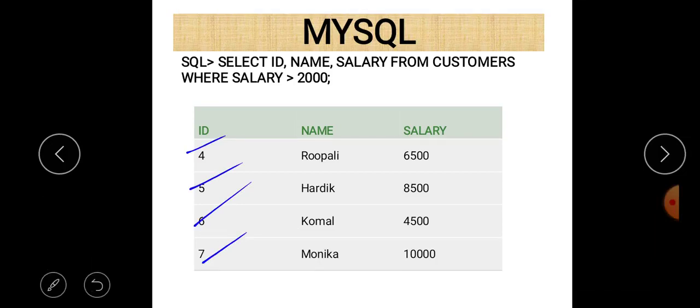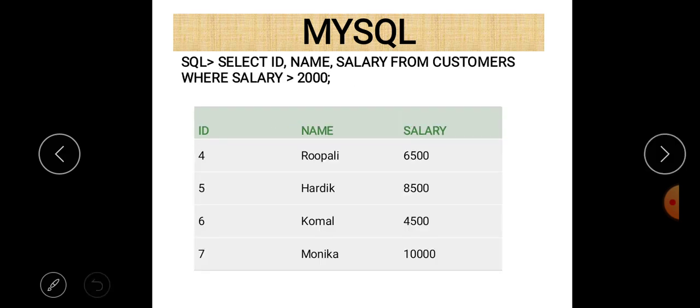Okay, so what happens is that whatever condition you apply with the where clause, according to that condition, data will be displayed. So now that is a complete syntax of the select statement. Using select statement you are able to select different columns, and it is also possible that if you want to filter records, then the condition is given with the where clause. And if you don't write a where clause in your select statement, then all records will be selected by default.